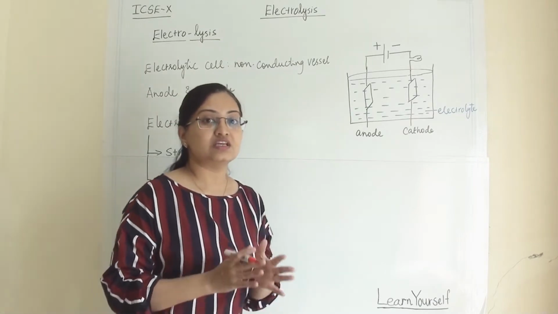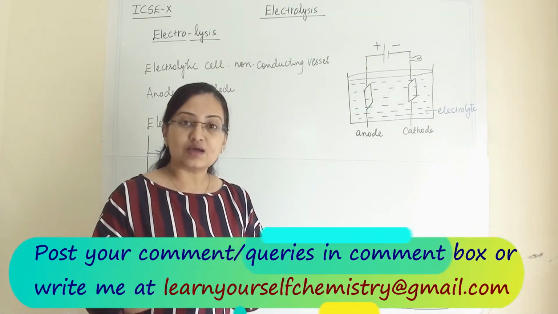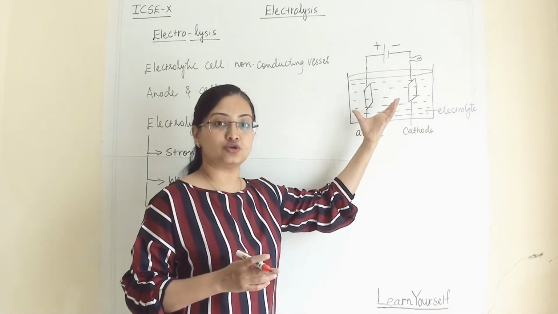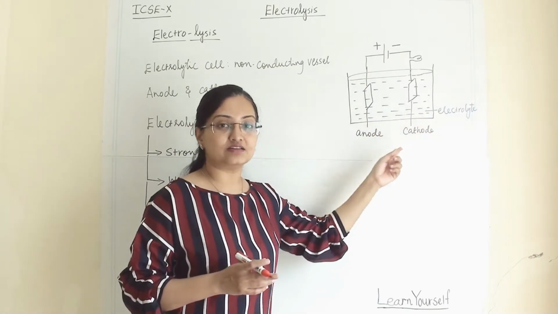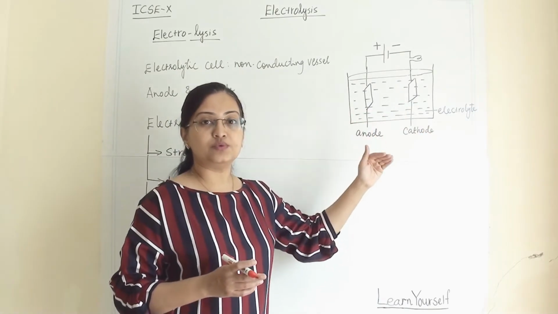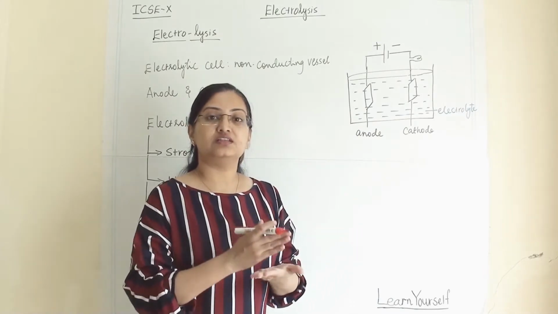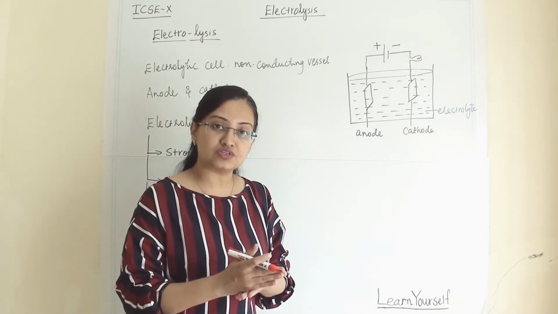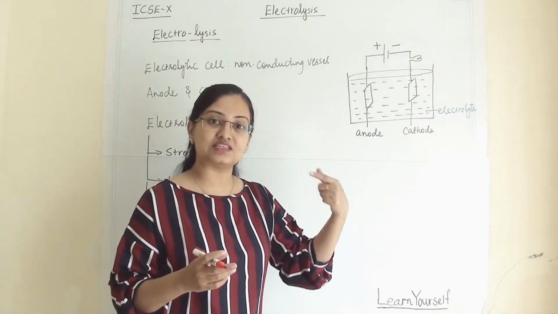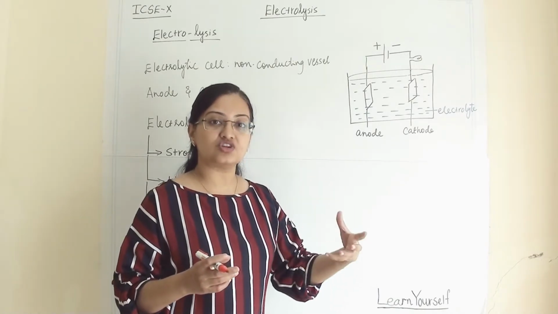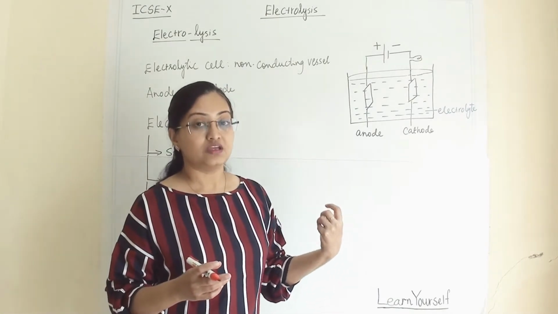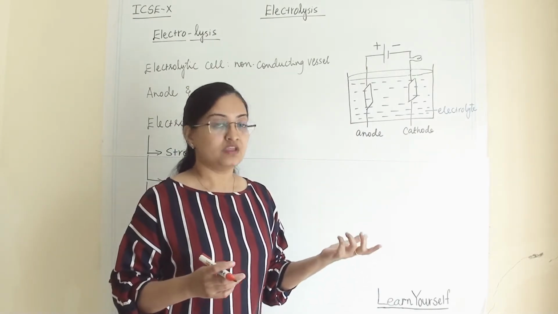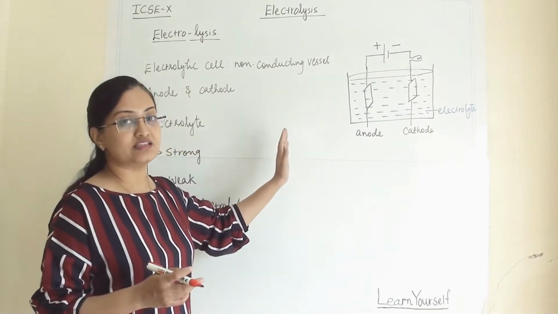Basically, electrolysis is a chemical reaction. This chemical reaction happens with the help of an electrolyte, that is a solution medium, and electricity passes through it. So it will give us ions. First the electrolyte will dissociate, it will give us ions. With the help of those ions, the electricity will pass through the cell. Those ions will discharge and will give us products in the form of discharged ions, and we will get atoms. So this process is known as electrolysis.